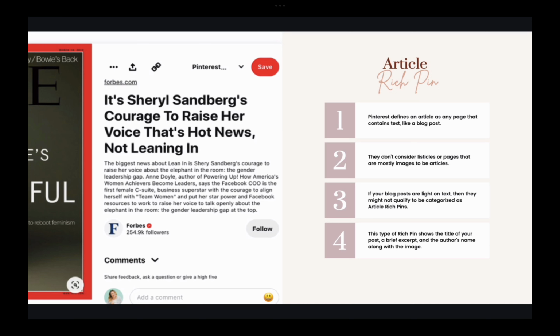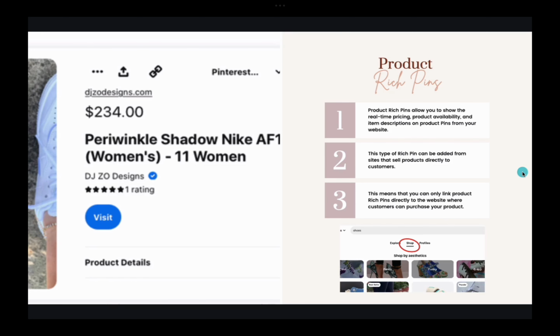As you can see here, this is Forbes. They're a pretty big magazine, and their content's not pulling for rich pins either. You can see their bold title showing that it is a rich pin, but it's still not pulling that extra content from the back of their site. So that's that. Lastly, a